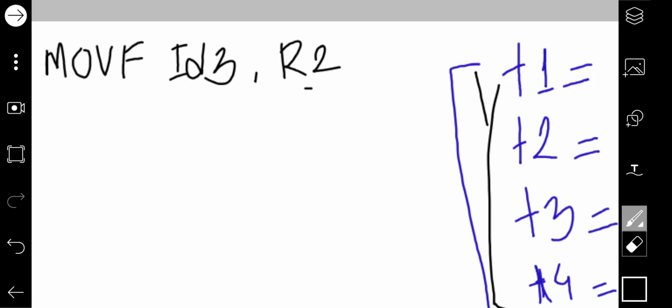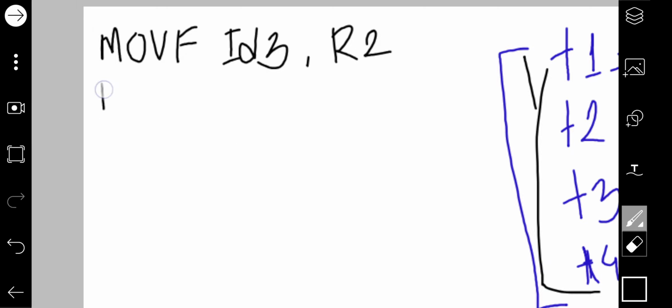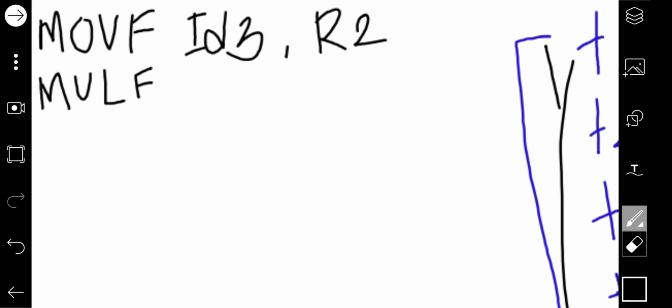In the next step I will be multiplying. For multiply I will write the code MUL, then #10.0. Why have I written hash?